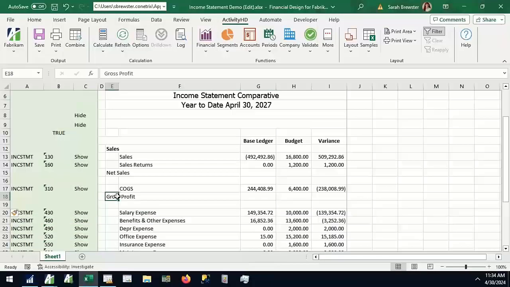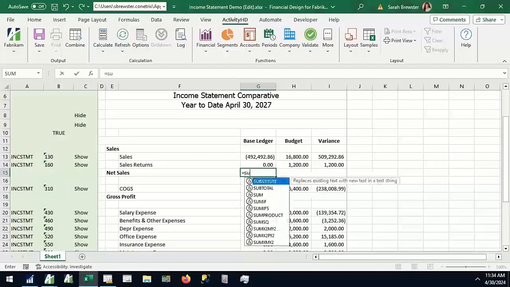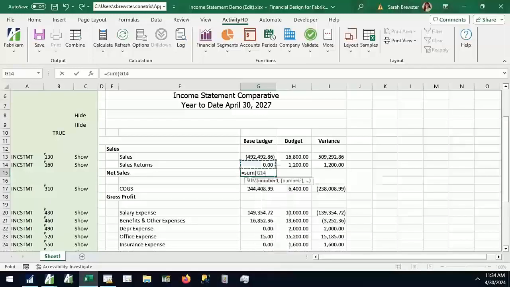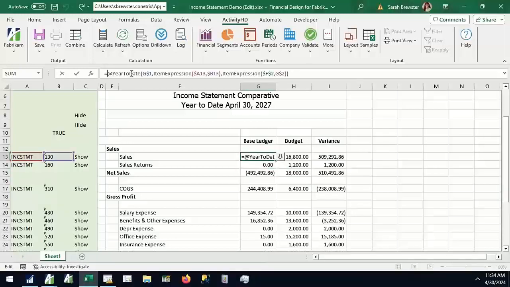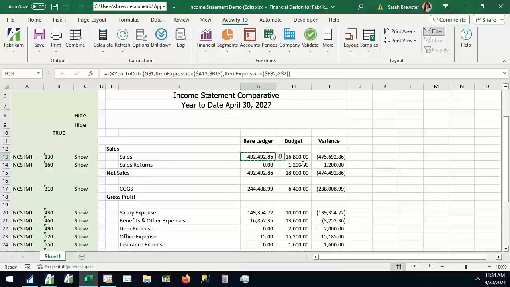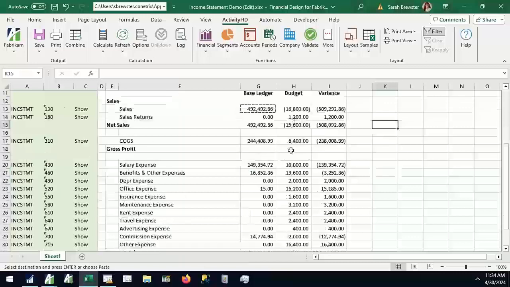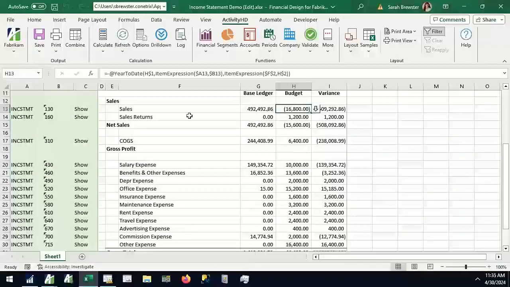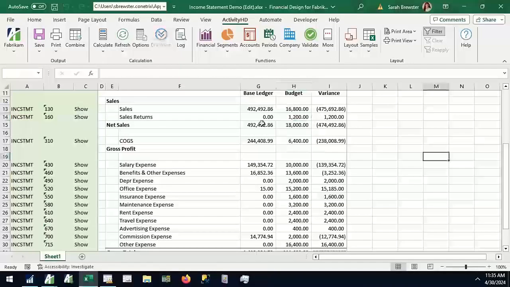You know how to make a cell bold to stand out. You know how to add things together. You can do a sum function to add them together. You know how to copy a formula across. You know how to make a negative number into a positive number. I didn't like that. There we go. Now this is Fabricam data, so actually a negative budget doesn't make any sense. So I'm going to leave it that way so it makes some sense. But